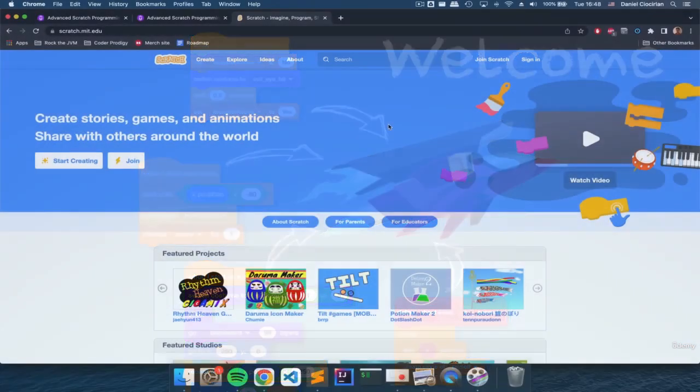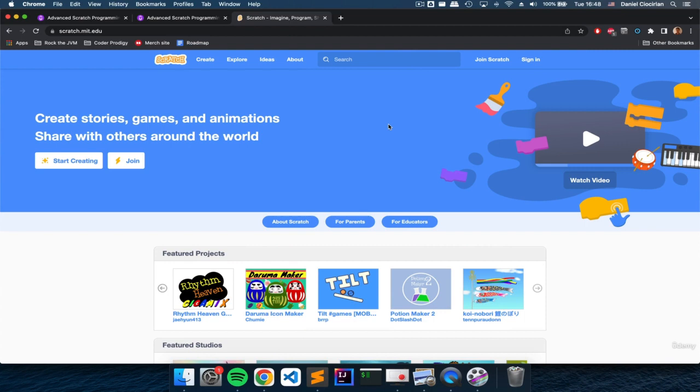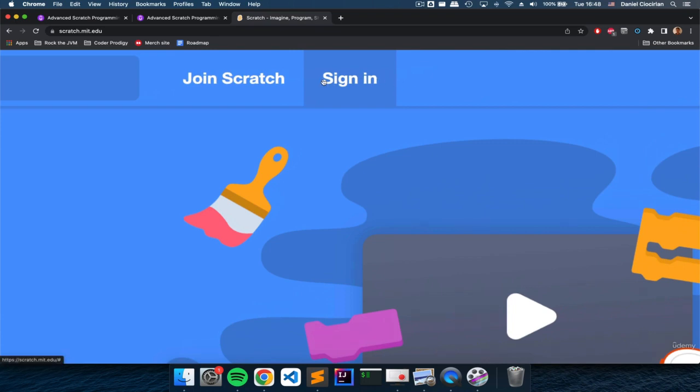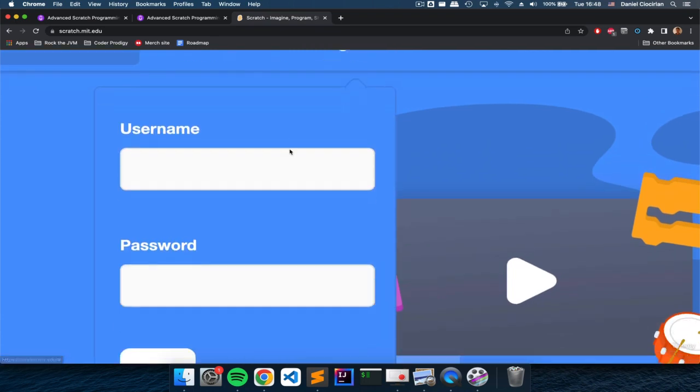Now this course is for advanced Scratch programmers, so I'm pretty sure that you already have your own Scratch account. Here, you will navigate to scratch.mit.edu. This is the website that we're going to use in this course to create these amazing games. And over here at the top right-hand side, you will click this button to sign in